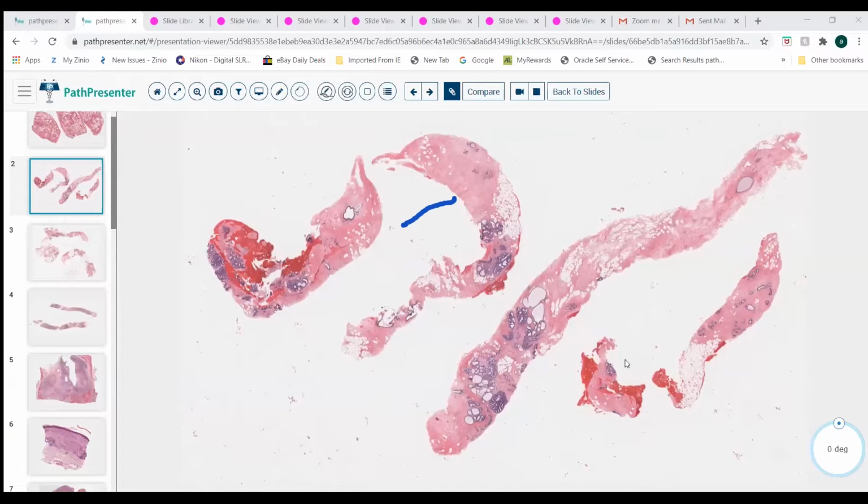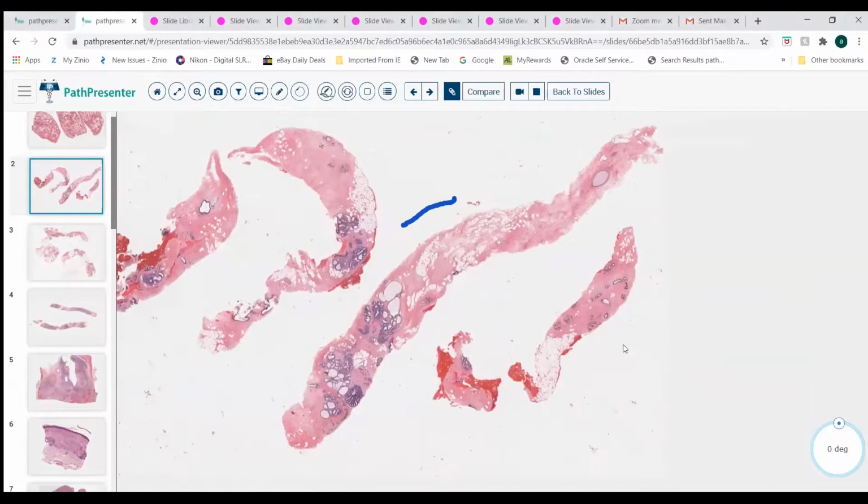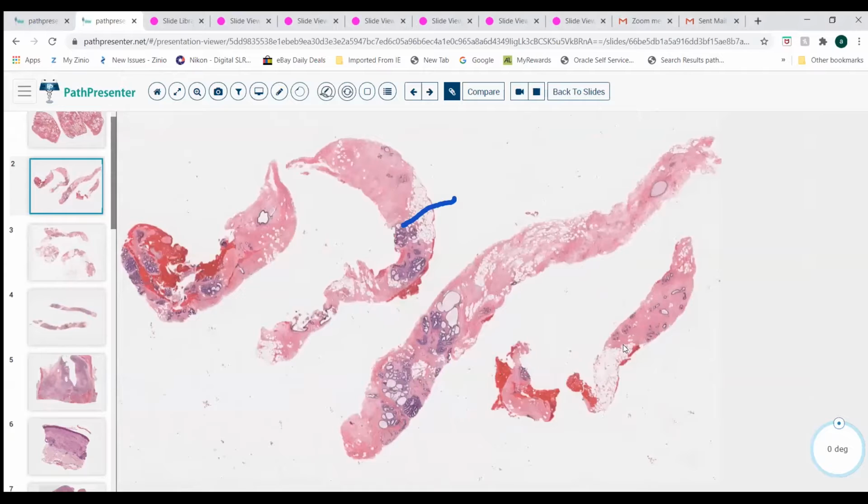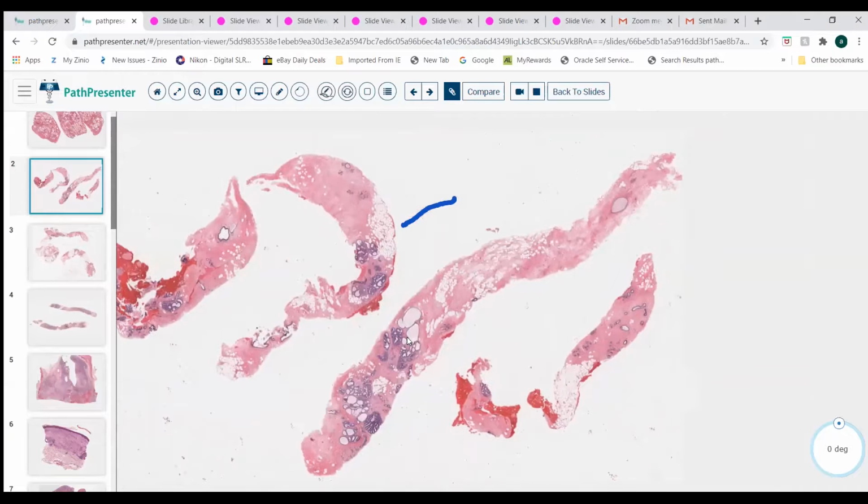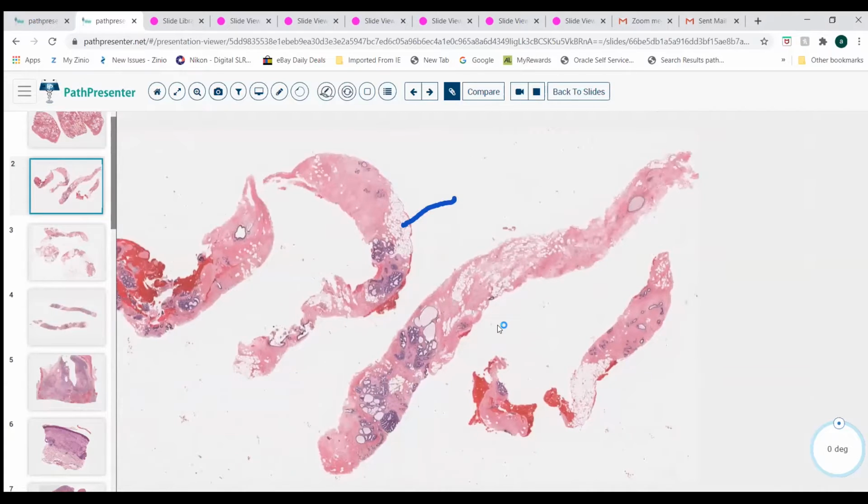I would consider this one of the nightmares for the exam, because you have a lot of tissue to deal with, and you only